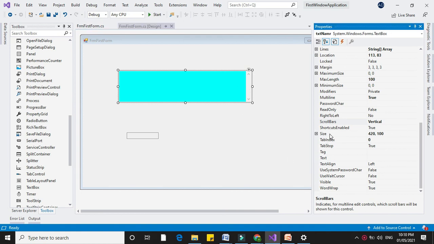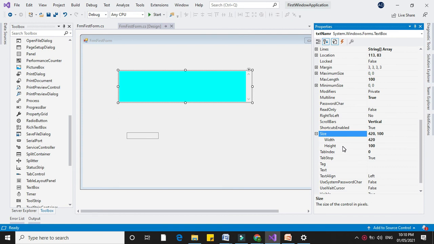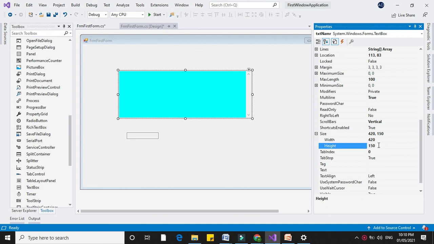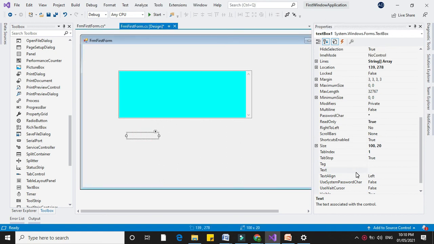Next is size. Size is used to set the height and width of the control. If I set the height to 150, it will increase the height. Next is text. If you want to set the default text for your text box, you can set it here.